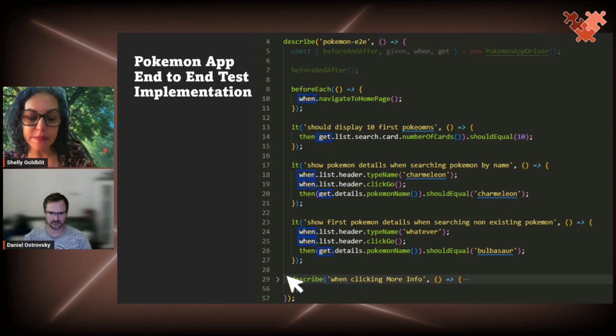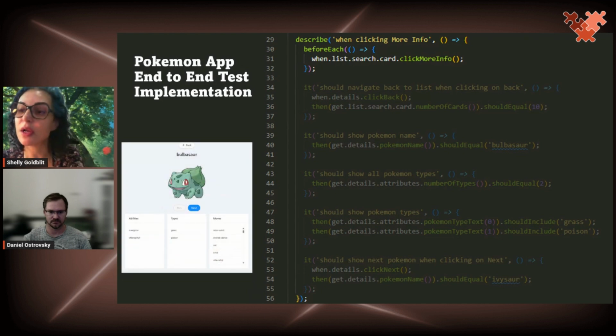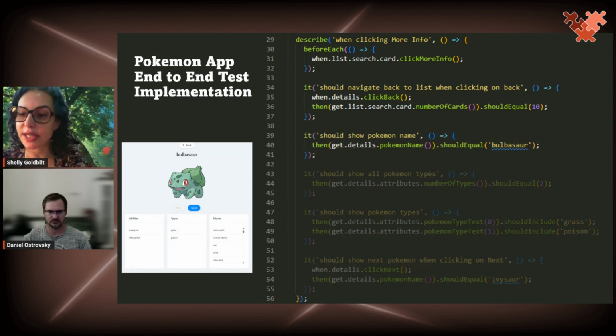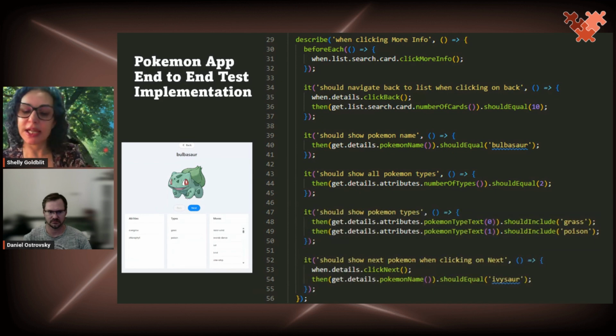Now let's dive into this test case. Before each test, we click on more info, and then we see the Pokemon details. We test that when clicking on back, we navigate back to the Pokemon list page, and then we test that the correct Pokemon details, such as name and types, are displayed, and that when clicking on next, the next Pokemon is